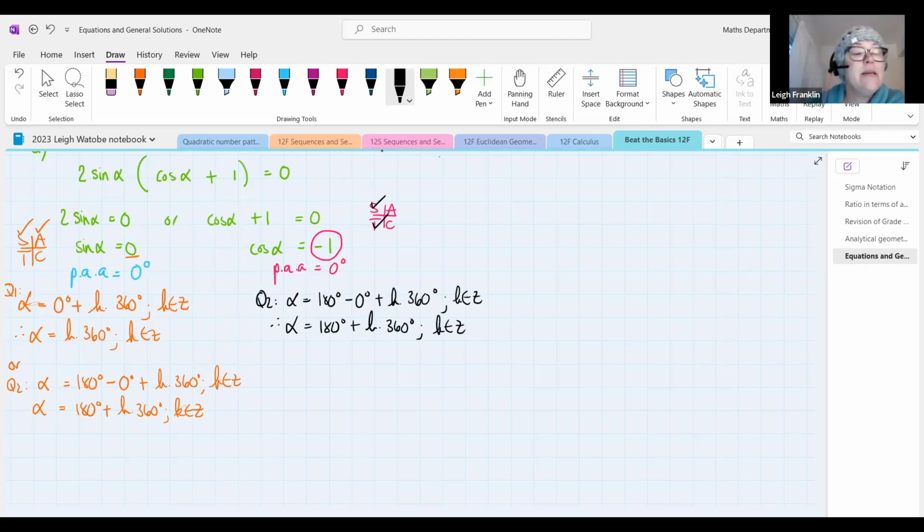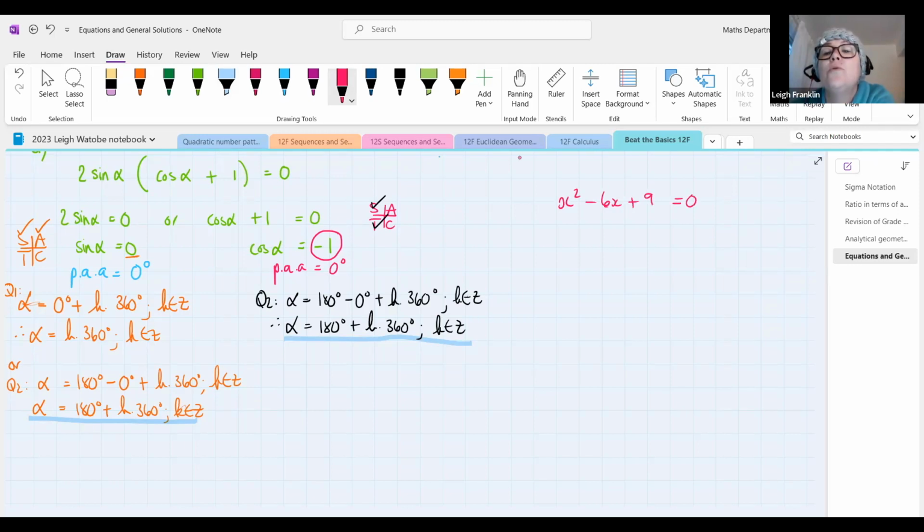Okay, now you can see here that this solution over here is identical to that solution over there. That's just a coincidence in the question, but we don't need to keep repeating ourselves if we got the same answer. So if we are solving, for example, x squared minus 6x